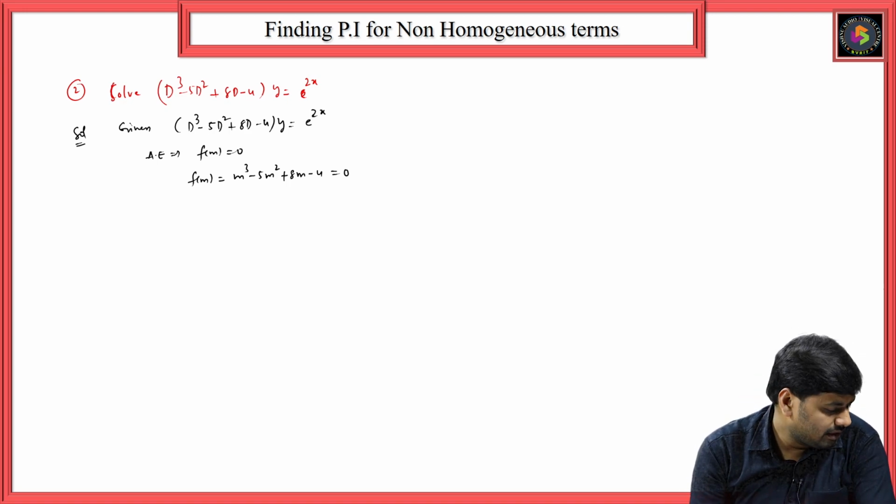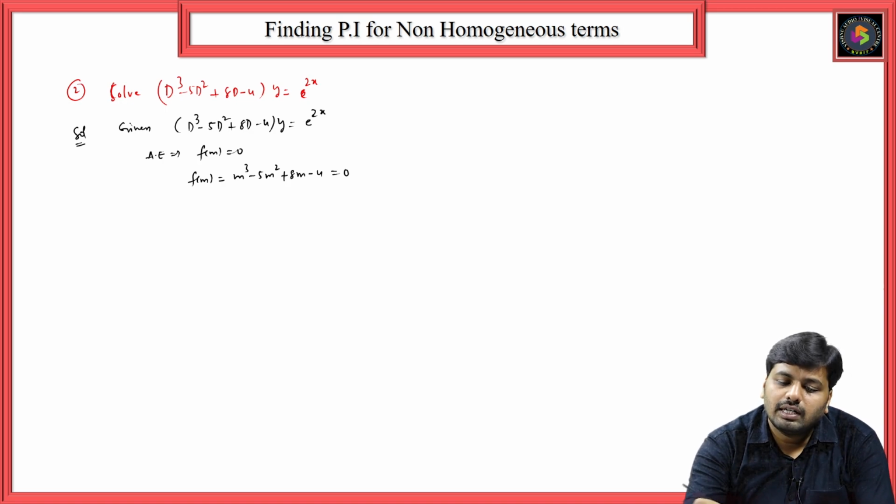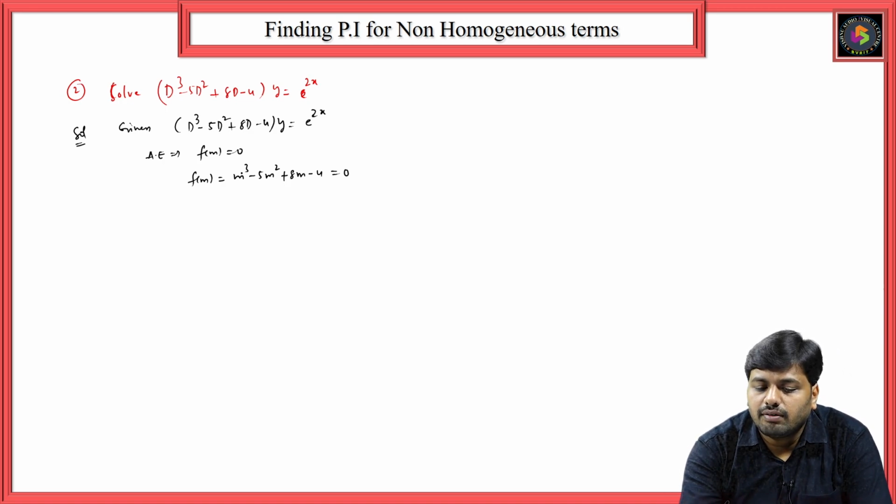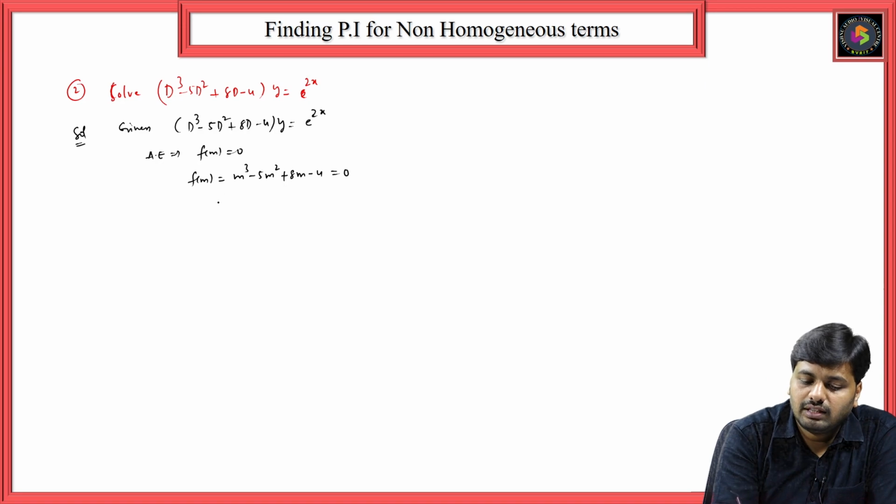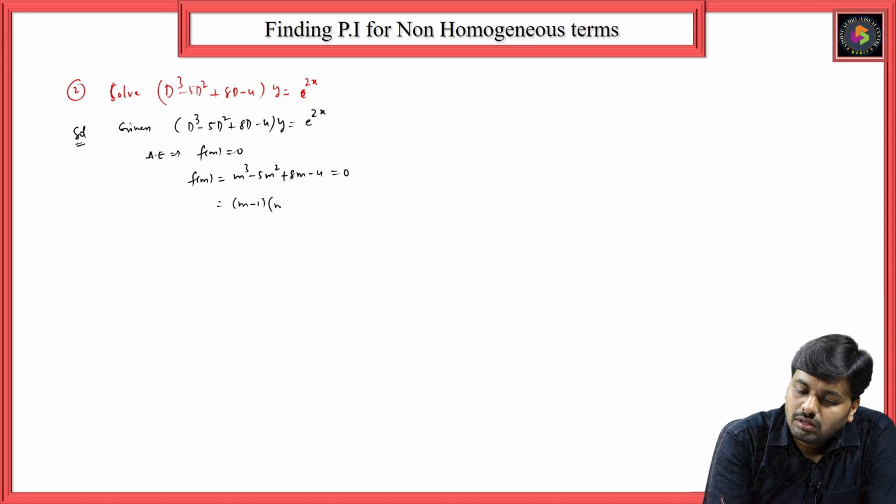We'll substitute the 1; we have to verify whether it is satisfied or not. Put m equal to 1 here: 1 minus 5 plus 8 minus 4. Minus 5 minus 4 is minus 9, and plus 1 and 8 will be 9. Therefore, it is satisfied. So when I solve this equation, this is (m minus 1) into (m minus 2)